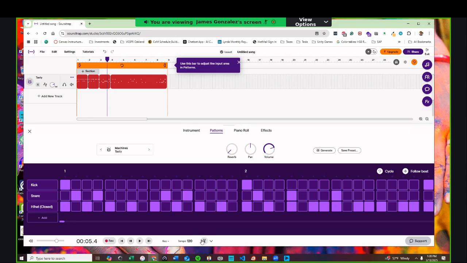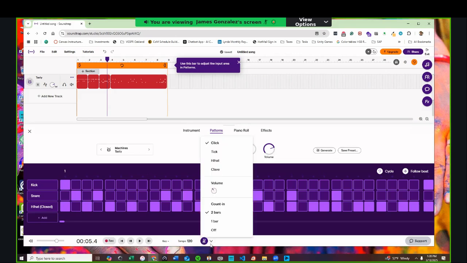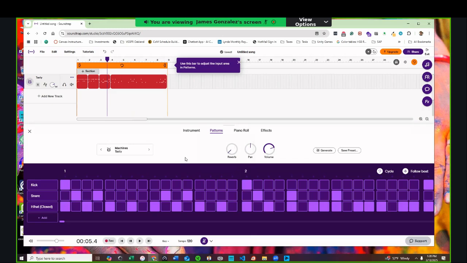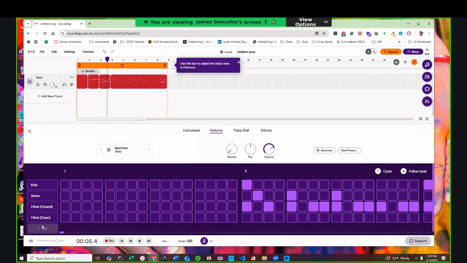There should be. Oh, that's a click track. I'm not sure if the only way is to click on these again. Notice you can also add different drums here to give quite sophisticated